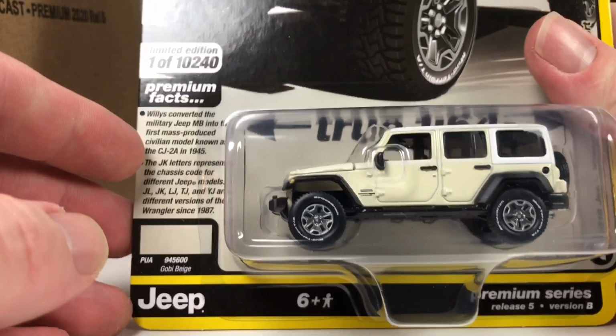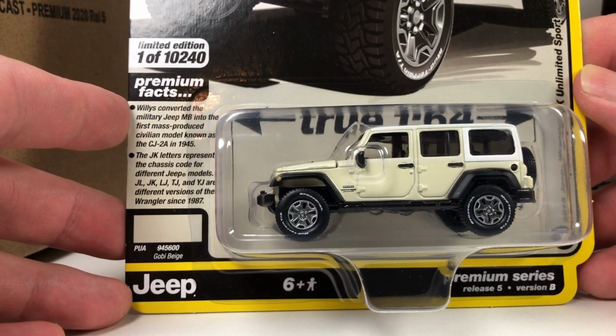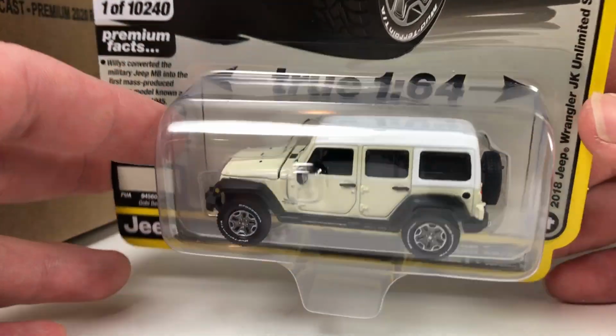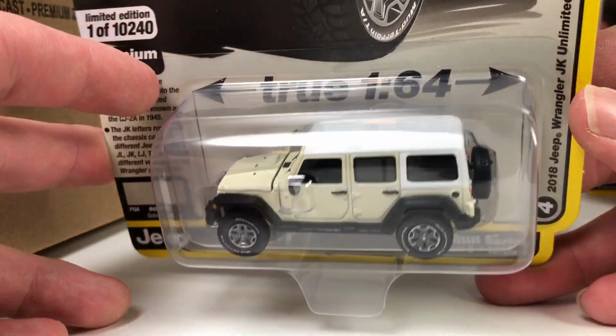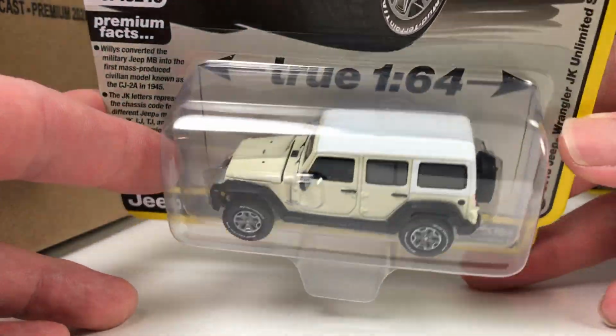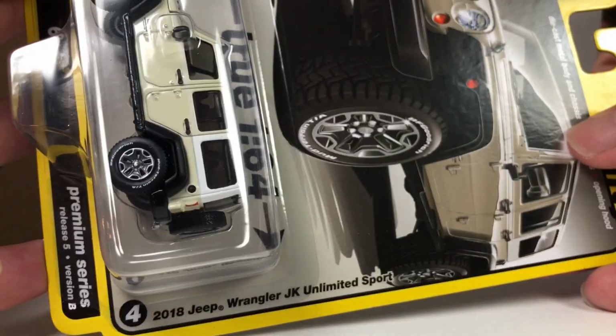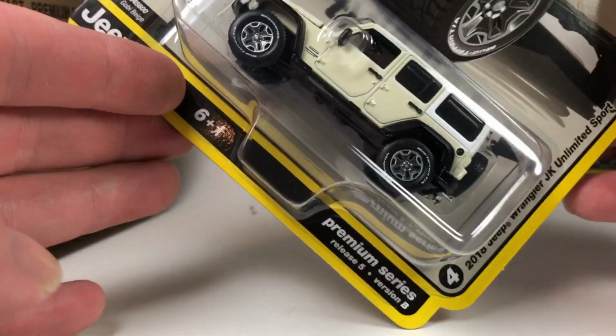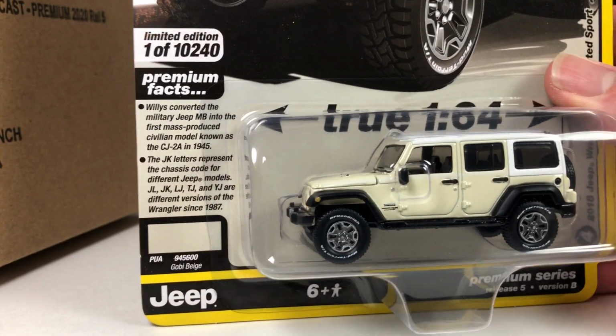Following that up with the Jeep again in Gobi Beige. It's actually a cool color for it, though. I like that. I think that actually looks really nice. It's got like the off-white beige with a white top. And, yeah, I'm actually digging that. As far as the variations this Jeep has come out in so far,